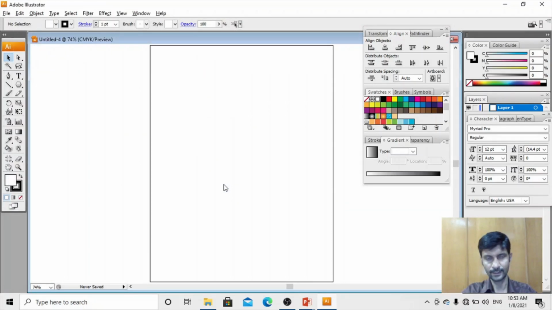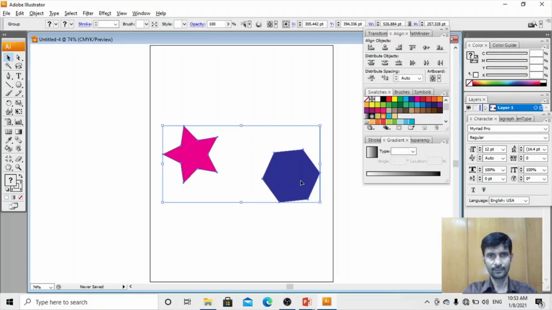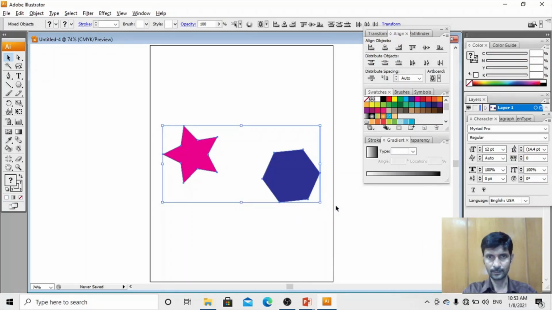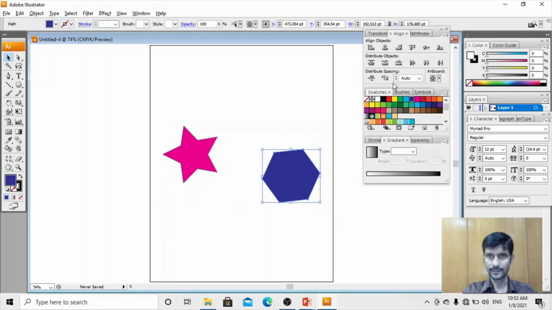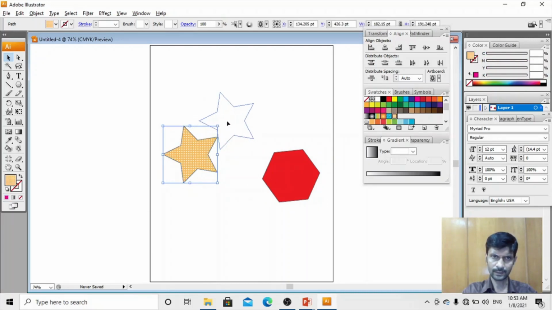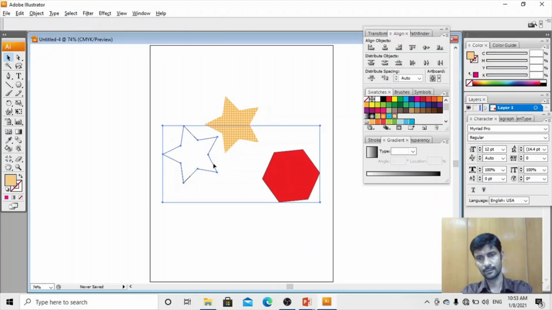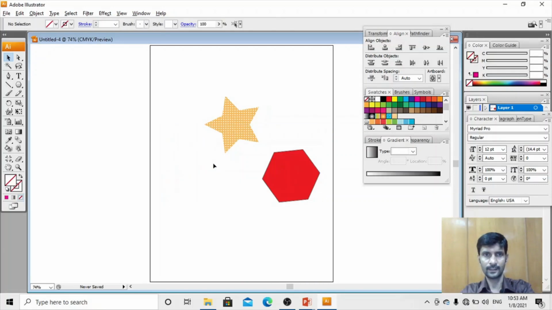It is also in a group; ungroup it and select it, and you can change the color, even fill a pattern or whatever edit you want. If you don't want it, you can delete the isolation group. Clear? This is how we can import the EPS file format.